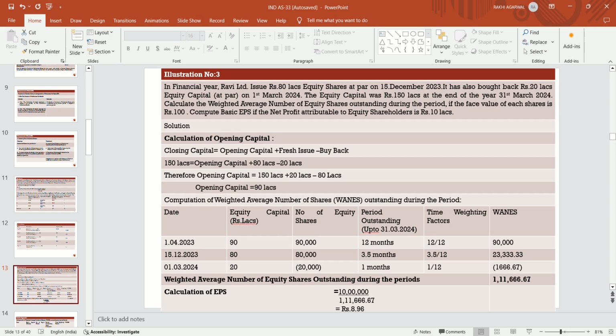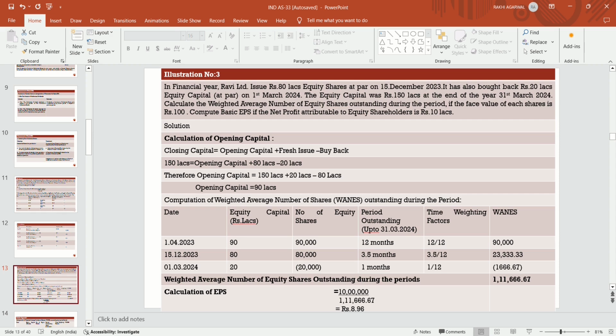So the closing capital is 150 lakhs, equal to opening capital plus fresh issue, which you don't know. The fresh issue is 80 lakhs, minus the buyback, because the company bought back its own shares from the investors, so it will be reduced. So minus 20 lakhs. Therefore, the opening capital becomes 150 lakhs minus 80 lakhs plus 20 lakhs. So it becomes 90 lakhs. 90 lakhs means, with a face value per share of 100,